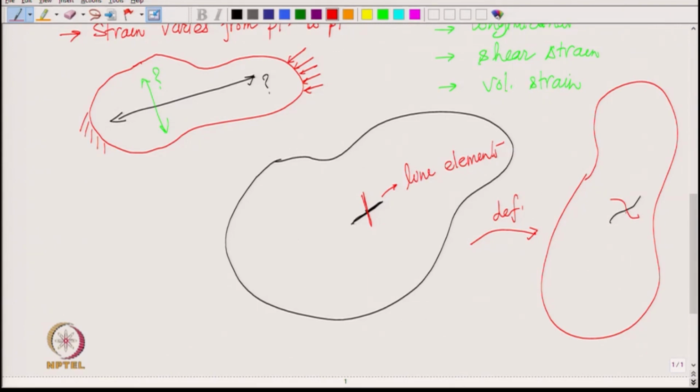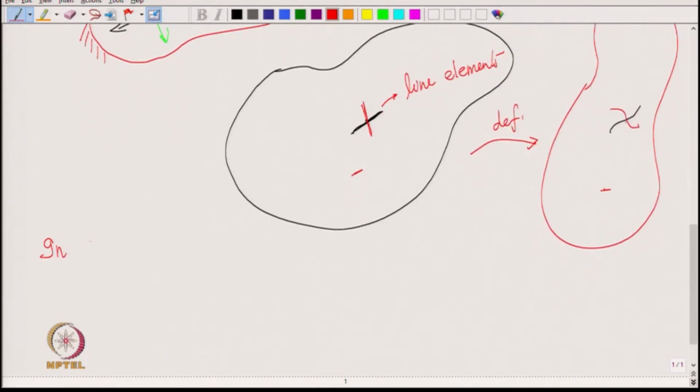But if you take the lines to be very, very small, but passing through the point, then after deformation the curve can be approximated also as a line, is not it? So, if you take a small line here, let us say a very small line, then here after deformation it would also almost look like a line. So, then track the change in length of these line elements and associate strain with those line elements, is not it? So, basically, in the 3 dimensional case,